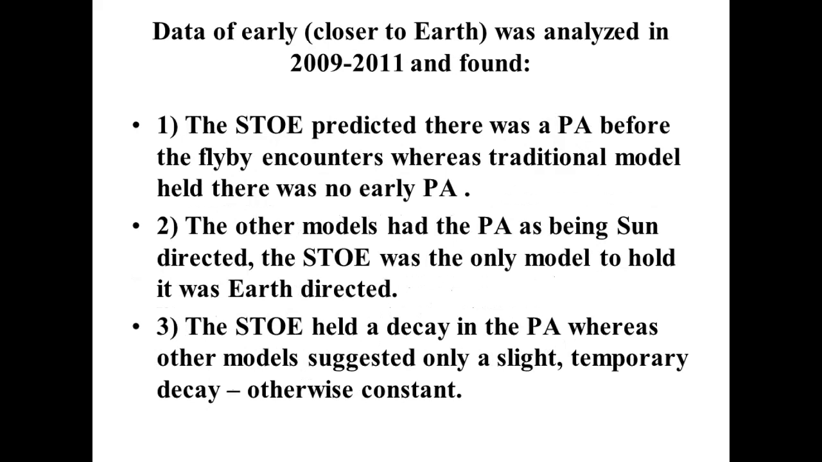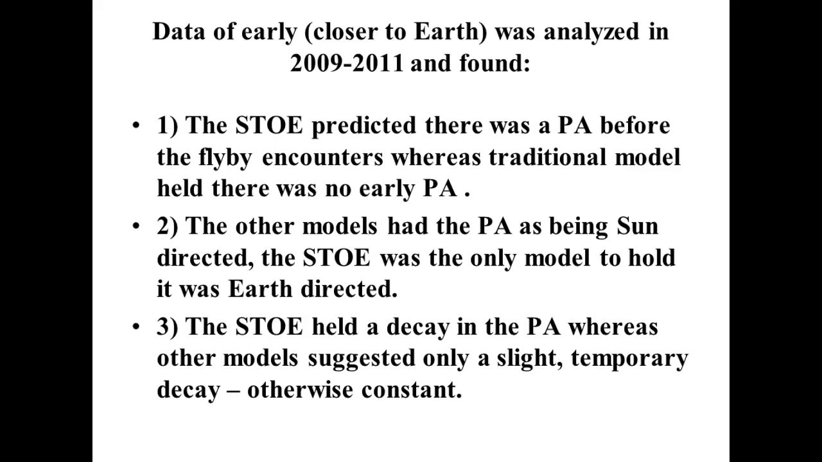These are the three predictions that the STOE had in its analysis of the Pioneer anomaly. The STOE predicted there was a Pioneer anomaly before the flyby encounters, whereas traditional models held there was no early Pioneer anomaly, that is to say, before the Saturn encounter. The other models had the Pioneer anomaly as being sun-directed. The STOE was the only model at the time, meaning 2005, 2006, to hold it was Earth-directed. The STOE held a decay in the Pioneer anomaly, whereas other models suggested only a slight temporary decay around